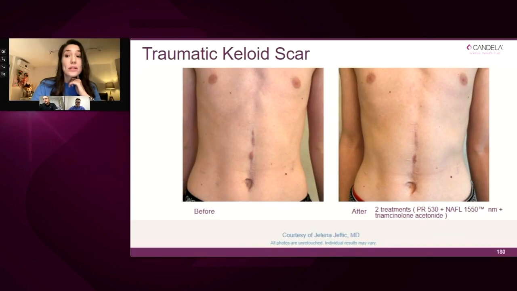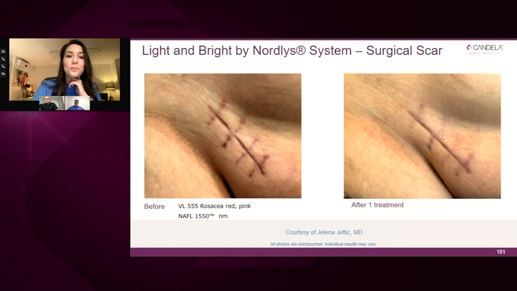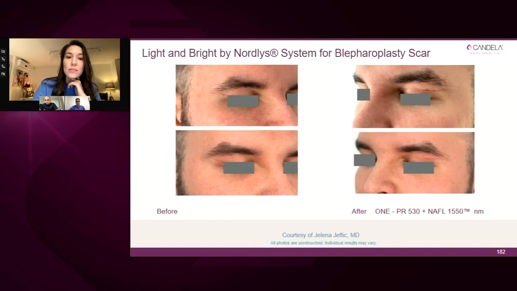And unfortunately, he also had some keloid scars on the trunk, as we see, 3 keloid erythematous scars. After 2 treatments with combining procedures, we see complete clearance of 2 keloid scars and only 1 post-residual. Also, with the surgical scars, we can combine VL handpiece and non-ablative fractional lasers in the same session, as well